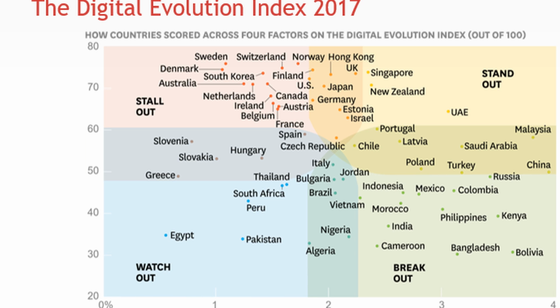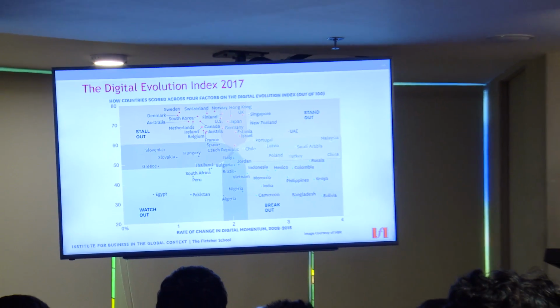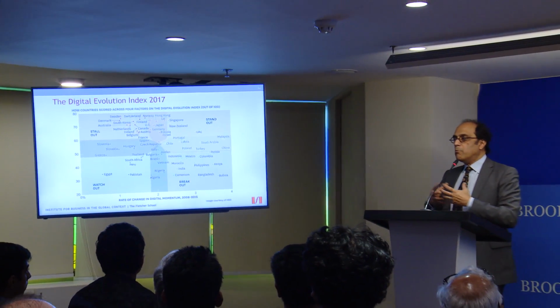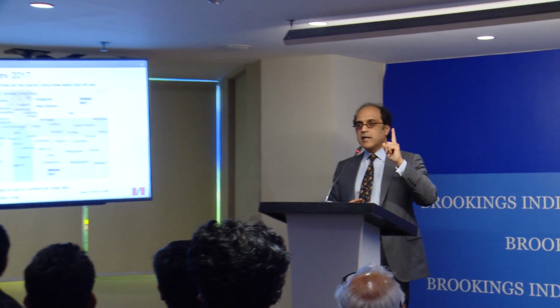So what is on this graph are those 60 countries mapped according to two dimensions. The vertical dimension, the north-south dimension, is how the country fared on the digital evolution score. So the further to the north you are, the more digitally evolved the country is. The further to the south, the less digitally evolved. And then there is the horizontal left to right dimension. The further to the right you are, the more momentum you have. So one is the state of digital evolution, the other is the rate of digital evolution. The rate basically says how quickly you're moving.